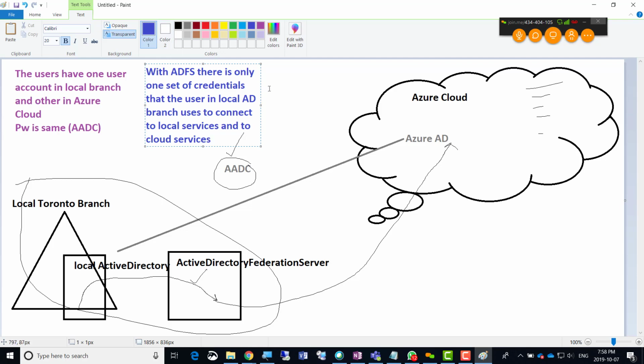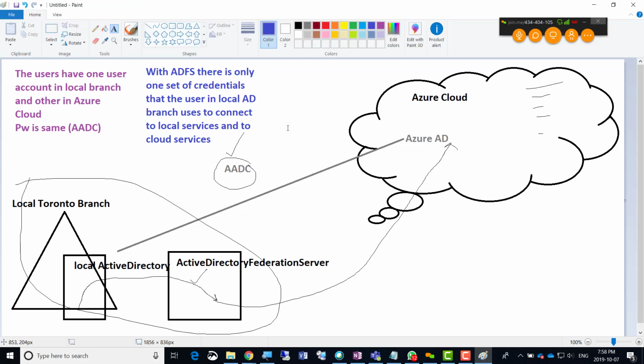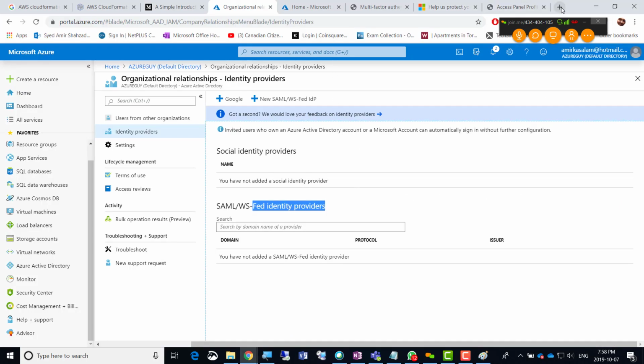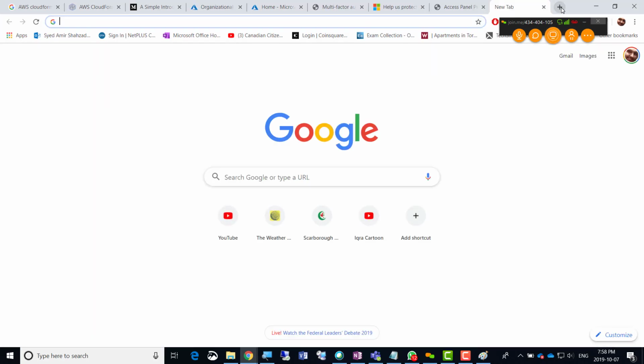So two sets of credentials versus one set of credentials, that's a big difference. You would have one set of credentials with Federation services, and that's it. Once the user connects or puts that service there, that's how you connect to it. Now there is one other example I can give for Federation services, and that is, suppose I want to connect